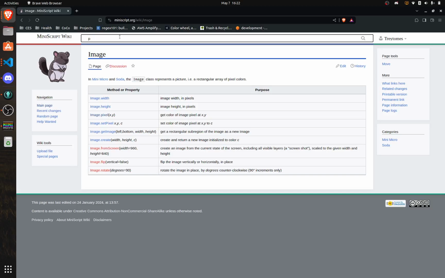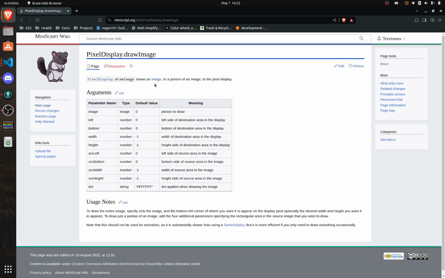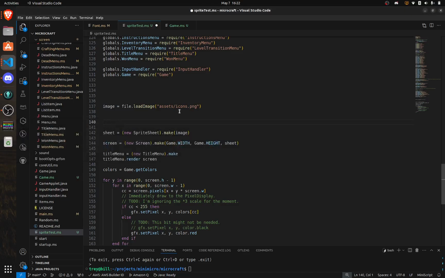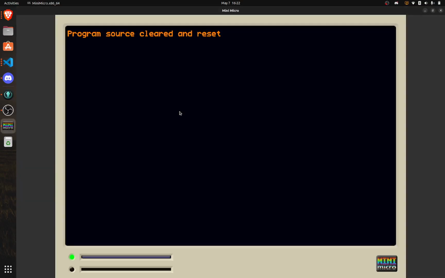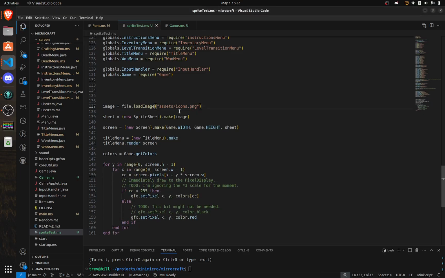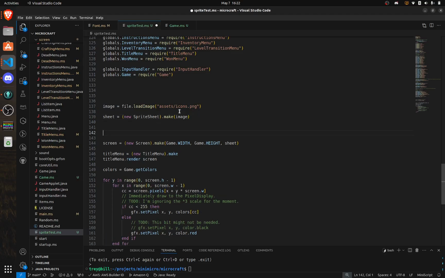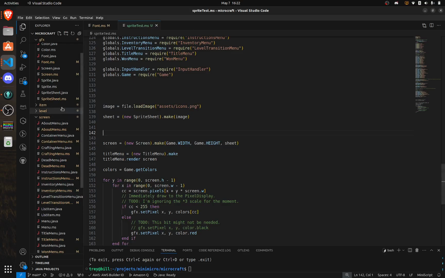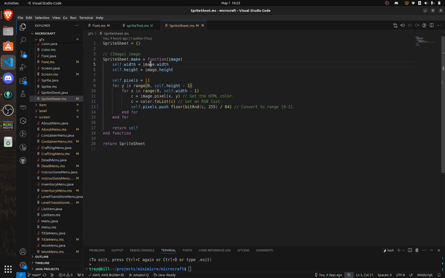First, let's make sure we can draw that image to the screen. Draw image, image left bottom. So there's the image. So we know that we are getting a reference to that image. Then we need to test the sprite sheet. Next level down. Copying over the width and height of the image. And we're doing some funny math to